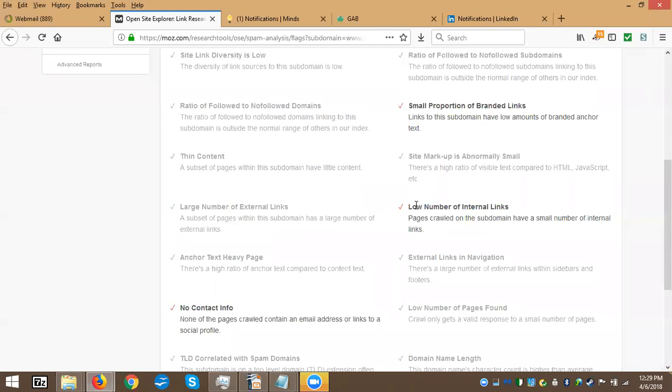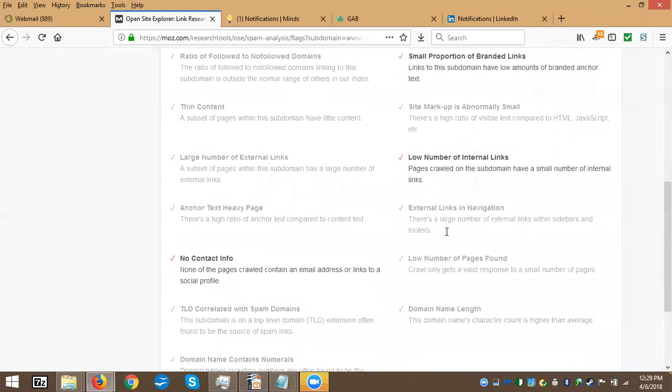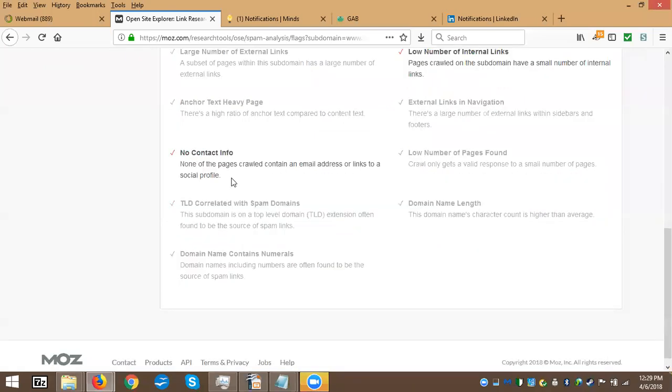Adding more internal links, so improving your site's navigational structure, both for this site and your Canadian marketing team site, will help as well. Basically, there's two things that are happening. Either I have to learn how to do it myself, which is what you're showing us, or I should probably hire you. Yeah. Because I'm looking at this and I'm thinking, oh man, this is crazy. But I understand the value of doing it. So it's not a question of if, it's a question of when it will be done. Yes. And the other one is no contact info on your site. So if you had something like a contact page,